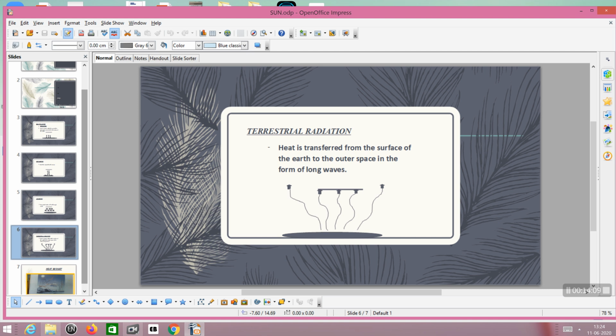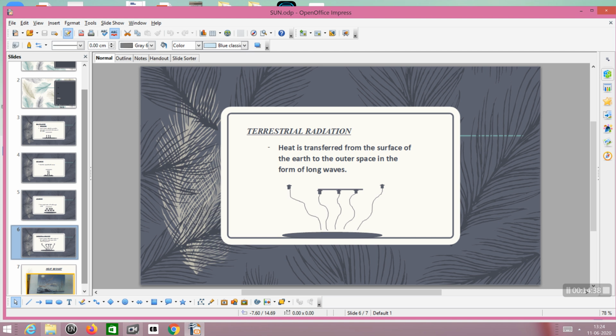And now you understood that the atmosphere is heated mainly by terrestrial radiation. And this terrestrial radiation occurs mostly at night. Why? Do you know the reason for this? That is because